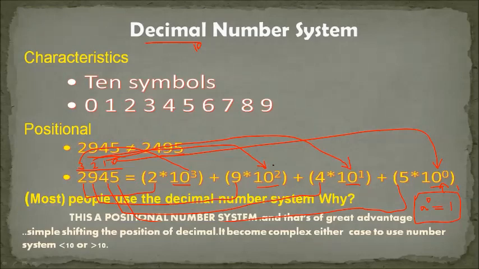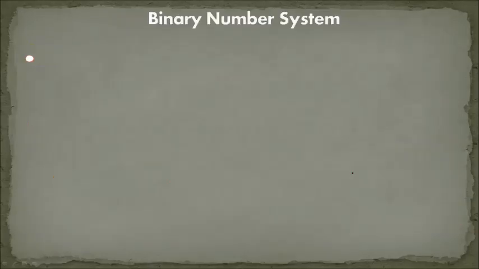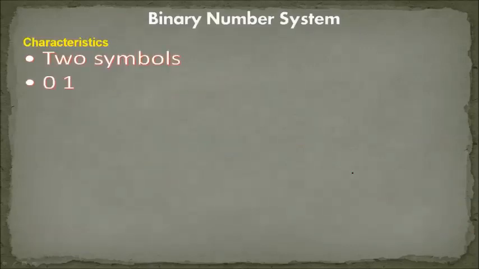For the calculation part, when we are working, we will see the binary number system. Binary number system has the characteristic of two symbols only. What are they? 0 and 1. Binary is also called machine language, and machine language also considers zeros and ones. Same way here, the values are 0 and 1. What is the positional value? You can check over here. 1010 is not equal to 1100, obviously. Both are two different numbers. You should not get confused.